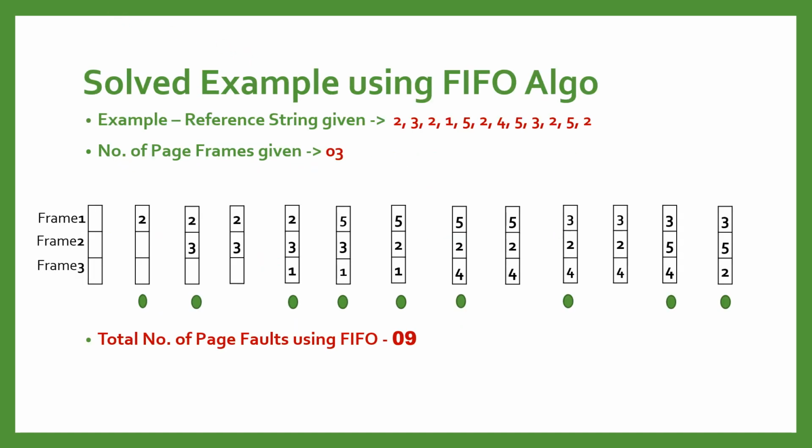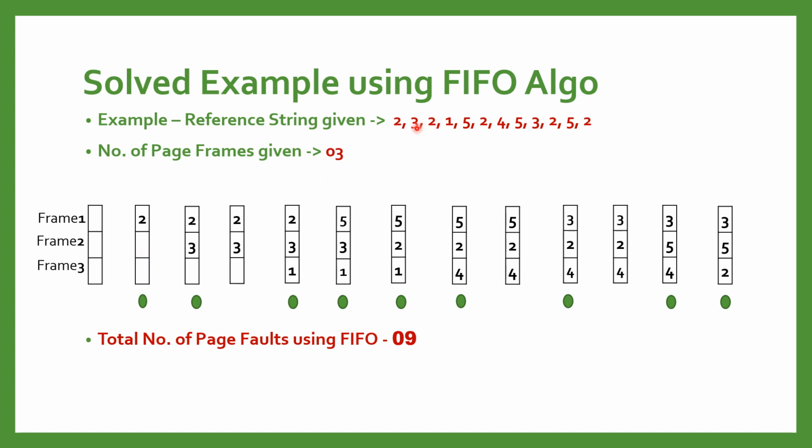So using this, let us try to solve it and apply the FIFO algorithm. Initially in this RAM, all these frames are empty. When we check for page number 2, we'll see whether the space is there in RAM or not. Initially, as all these page frames are empty, we have the space, so we will load this page number into the frame. But initially it was not available, so there will be a page fault, and we'll consider it as a page fault.